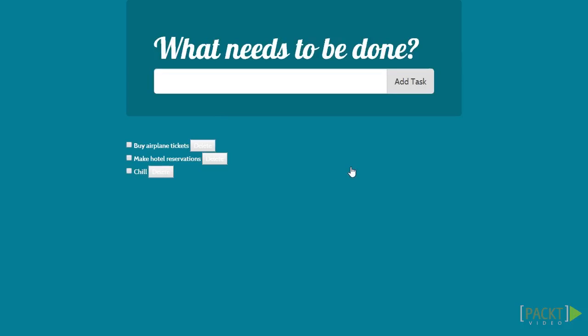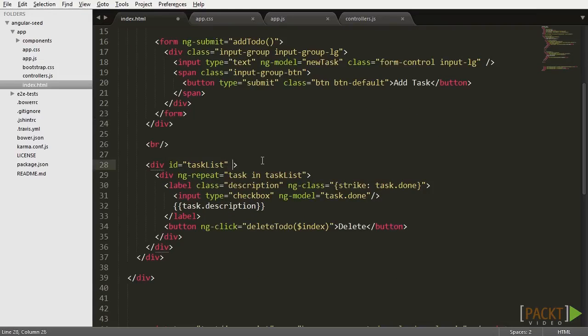Now, to prettify the task list, let's make it into a list group. For that, we only need to add the list-group class to the container and the list-group-item class to the ngRepeat div. Let's add an extra couple classes to the delete button to make it look more fancy,